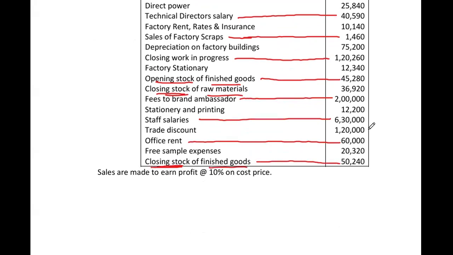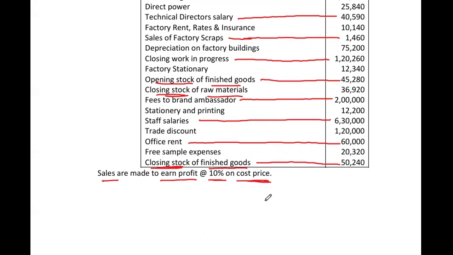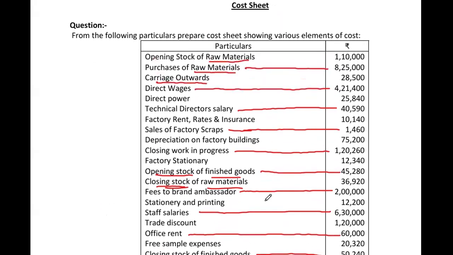Sales are made to earn a profit. Profit is how much? 10% of cost price. Whatever the total cost, on that 10% will be taken as profit. After total cost, adding the profit, we'll get the sales. So one by one we will be putting that in the format of the cost sheet to find the total sales. So the solution will be,